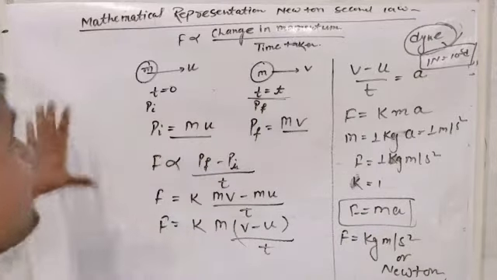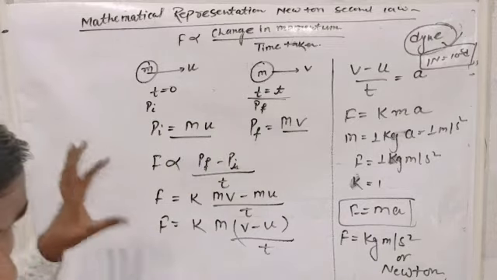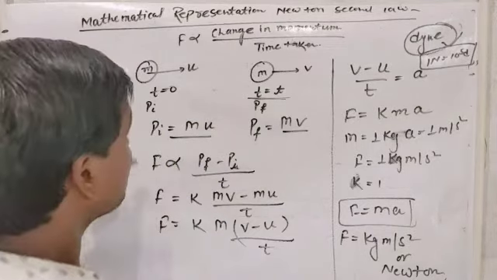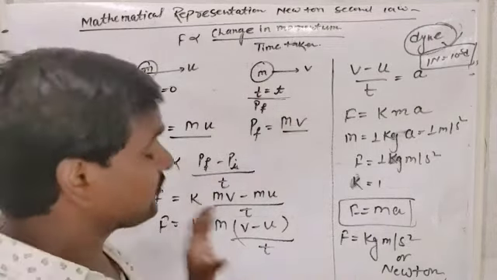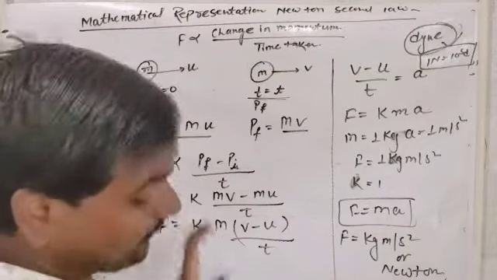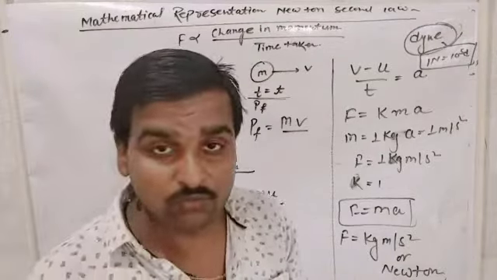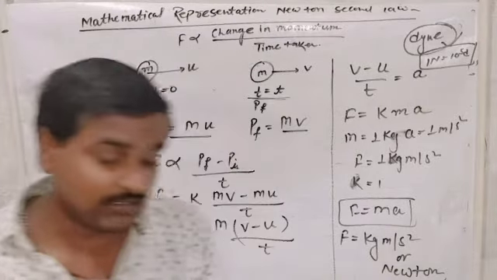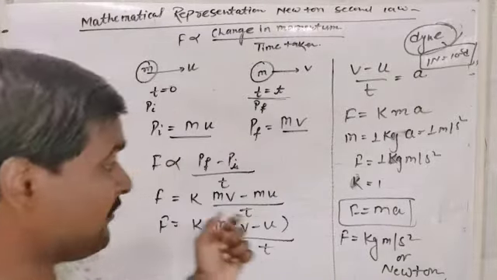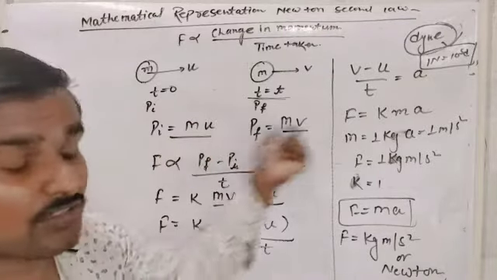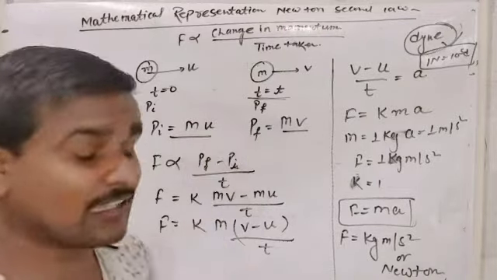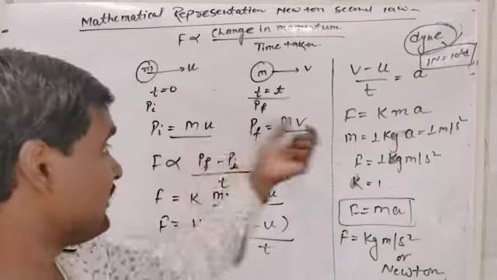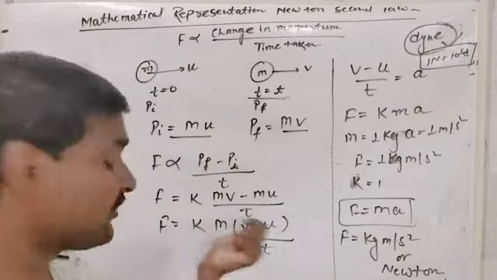Okay, so this is the mathematical treatment of Newton's second law. We can also use this law to obtain the first law. We have deduced the first law with the help of Newton's second law. When the force is not changed, then v also remains u. So v is equal to u, then F is equal to 0.